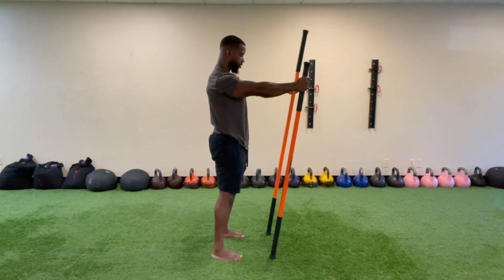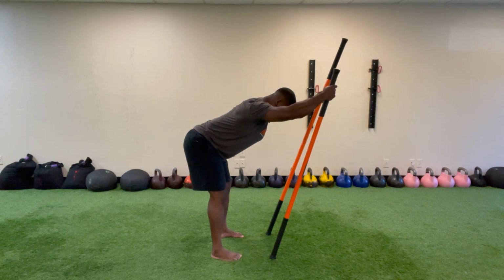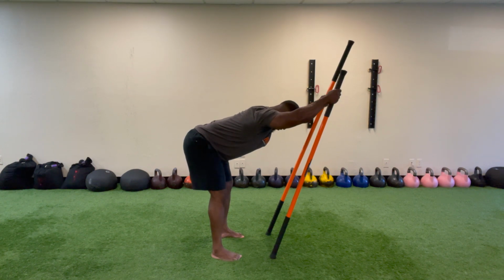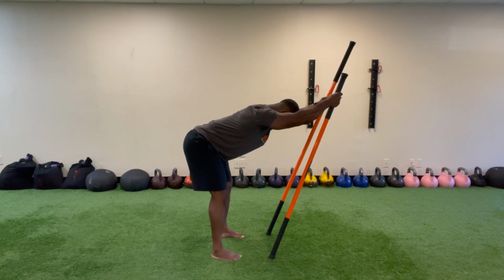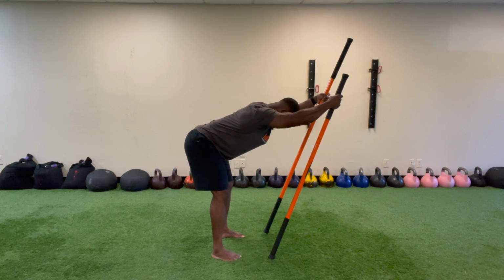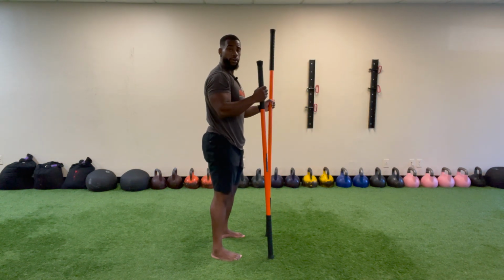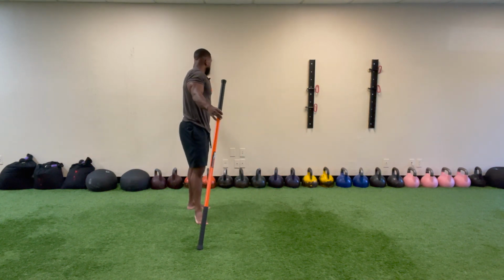Arms extended, drive the sticks down, hinge. Good. Keep that chin down. Hover the right stick. Good. Back down. Hover the left. 3, 2, 1. Back down. Come up. And ease off. Perfect. Now, I do want to go to the floor here because I do want to work